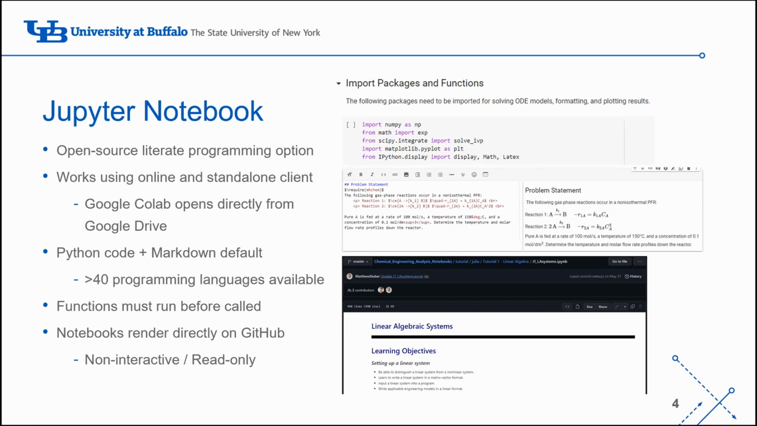Python, unlike MATLAB, requires functions to be run before they are called. Thus, functions should be placed earlier in a Jupyter Notebook instead of at the end. Jupyter Notebooks also render directly on GitHub, which is a very useful feature considering the seeming ubiquity of GitHub in STEM research. The images on the right depict a portion of a Jupyter Notebook, Markdown and LaTeX source code, and the rendered result, and an example of Jupyter Notebook rendering in